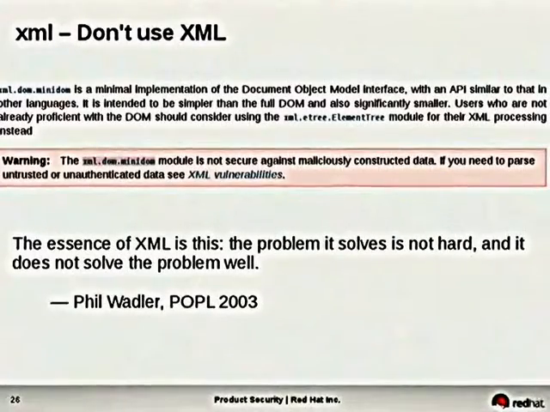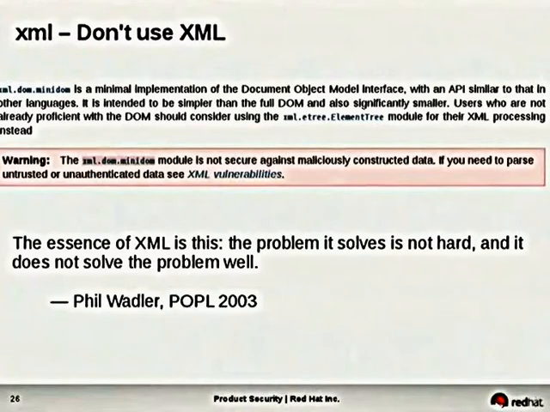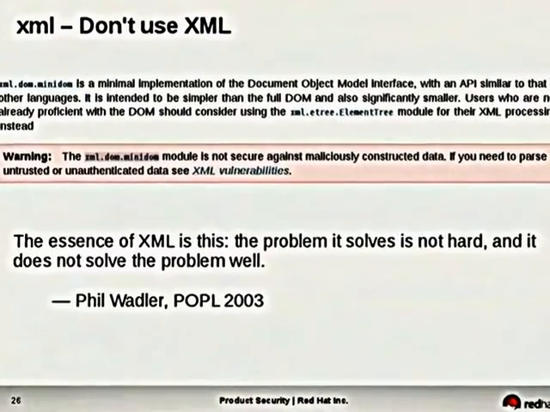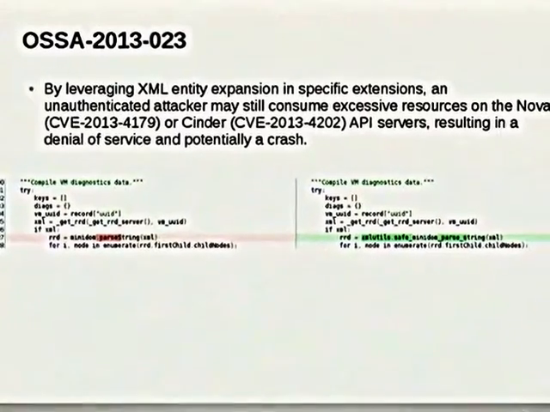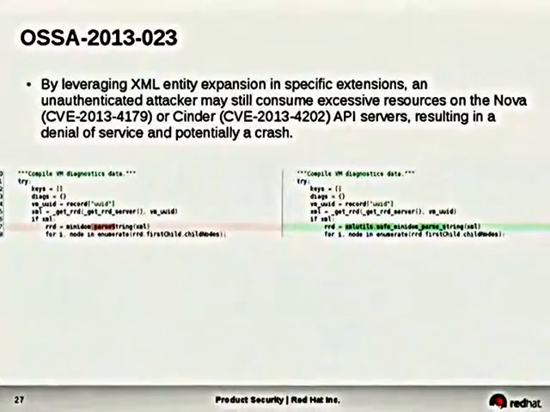Now, I'm not a huge fan of XML, and you might have guessed that from the quote I've placed there. But I think what's more obvious from that warning in the Python documentation is that this module is not secure against maliciously constructed data, and you need to be aware of that. The use of that module, for example, led to a number of flaws in different projects. This is one of them, and essentially the fix again was to not use that module, but to do it